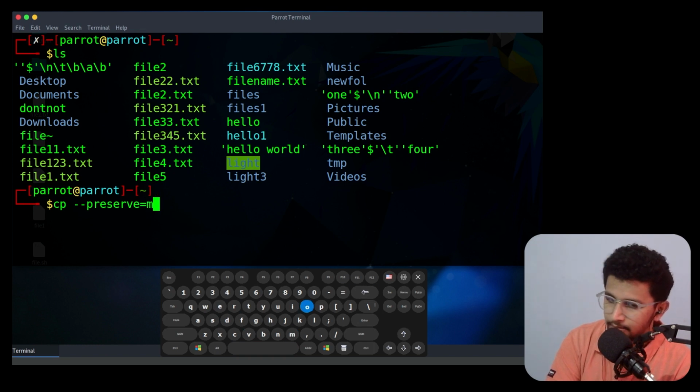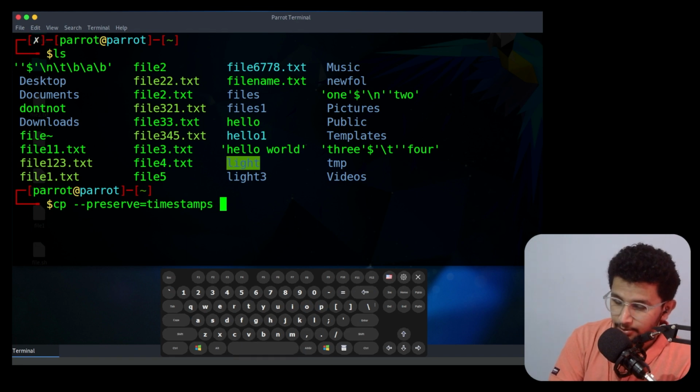If you copy the mode, it will copy only the mode. If you copy the ownership, it will copy the ownership. If you need to copy the exact timestamps, it will copy the timestamp from source to destination. That is the use of the preserve